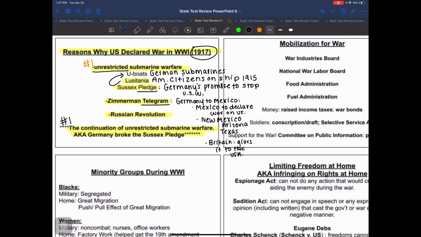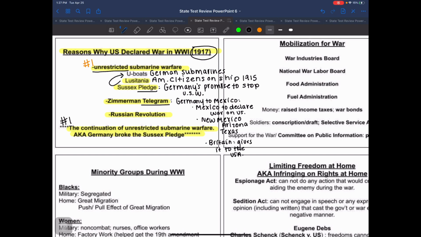But also, what we're going to see here with this message, the purpose of it is Mexico is right below the United States of America. So if Germany can convince them to declare war on us, that's going to occupy us over here on our homeland. And Germany is going to be able to continue their war efforts in Europe without having to worry about, at the time, any interference from the United States of America, because we are clearly not going to send troops across the Atlantic to fight in Europe if we have a war with a country going on that is literally at our southern border. So, backfires on Germany, never even makes it. Britain intercepts it and gives it to us.